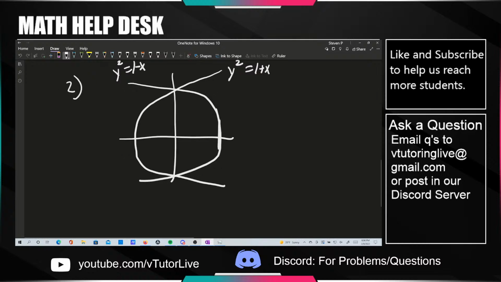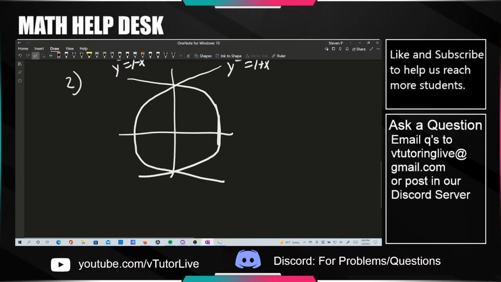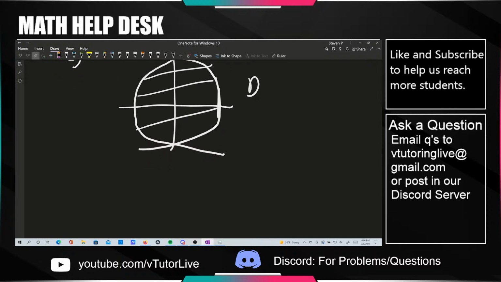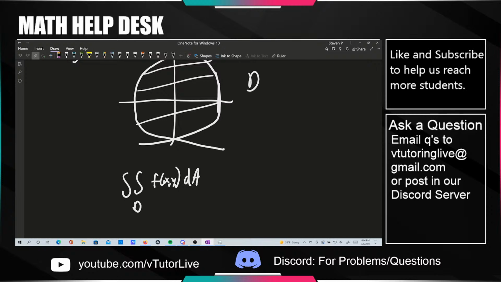So the idea behind this problem is basically asking you to say, okay, D is the region bounded between them, so that's D. And we're being asked to write the double integral over D of f of x comma y dA in two different ways, one with respect to x first and one where you have to evaluate with respect to y first. So the idea here is that dA is sort of equal to dx dy, or it could be equal to